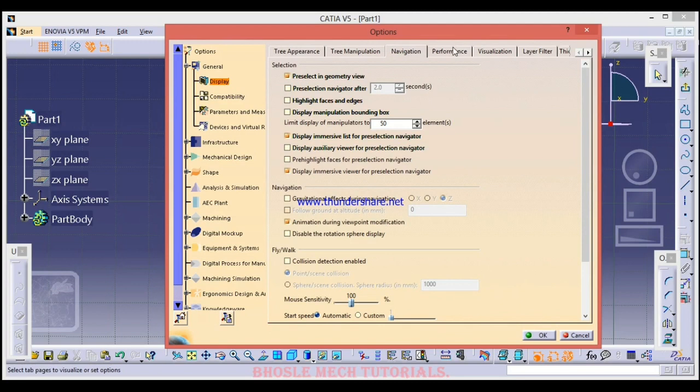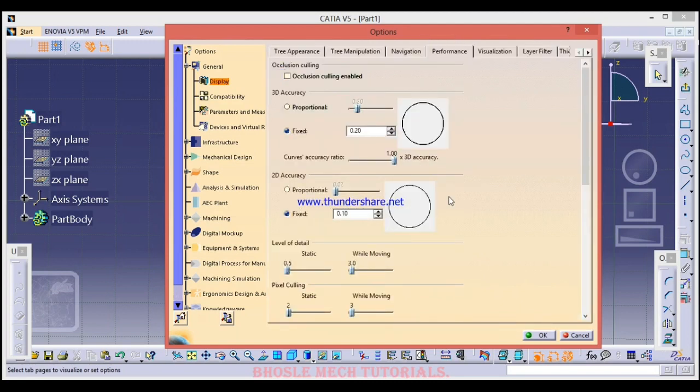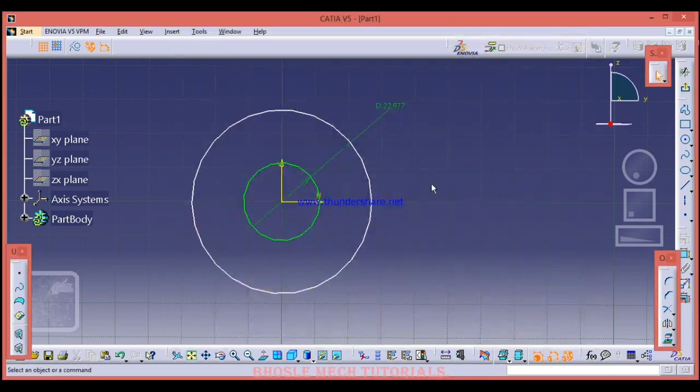Like that. In performance, here are 3D accuracy and 2D accuracy. You can see in 2D accuracy, I fixed 0.10. Now I will increase it to 0.2 and show the differences. What will happen?